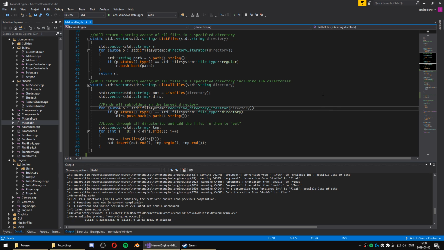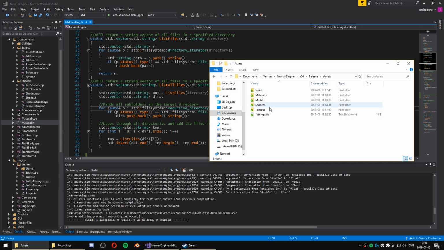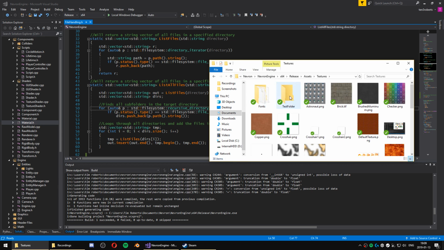There's now a file handling system implemented so that you just need to remember the name of the specific asset, be it texture, material, model, whatever. And it will find the absolute path to the name that you give it. You don't need to give it which folder it is in, so it can be in any folder as long as it's in the asset folder, but it can be in any folder here or any folder here. Doesn't really matter because it will find it anyway,